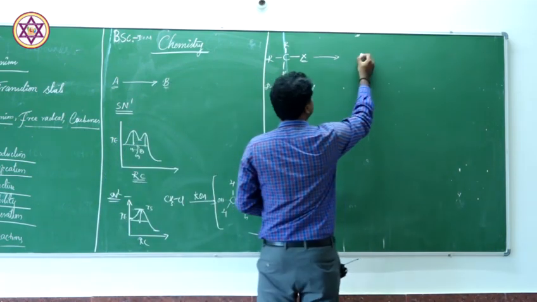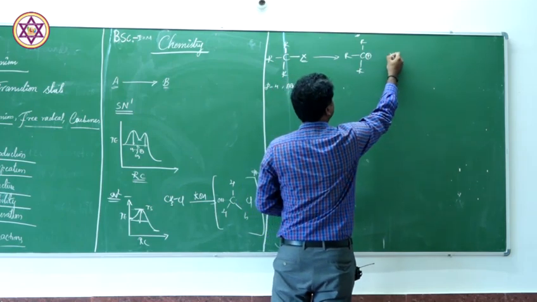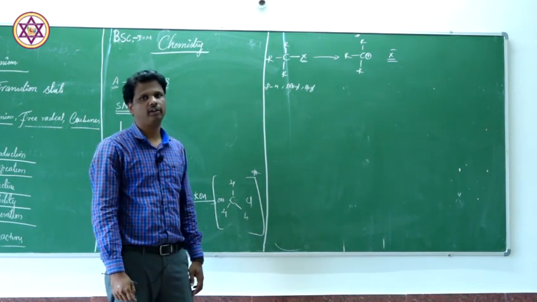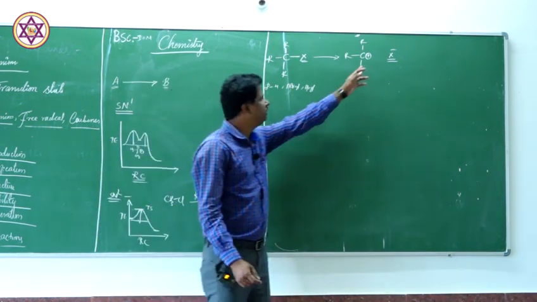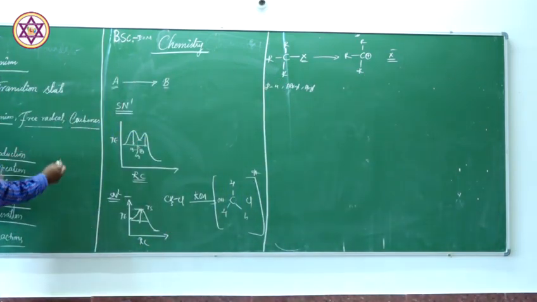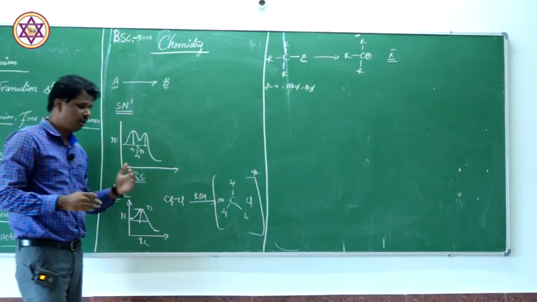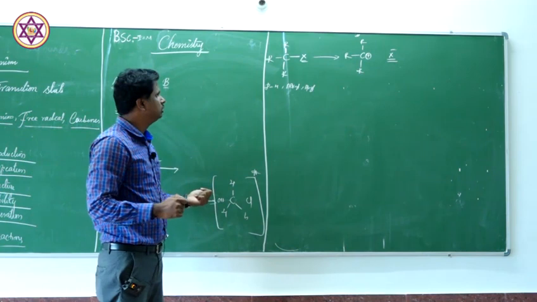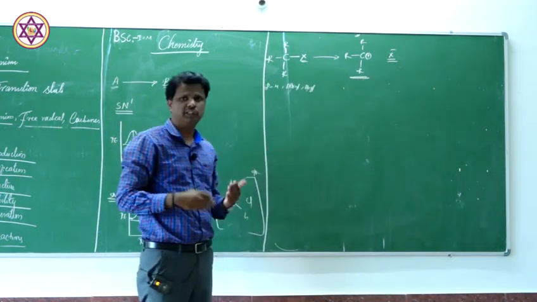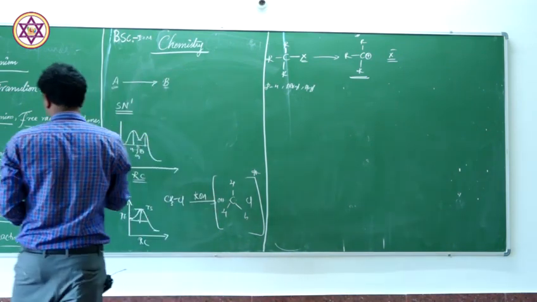I'll write here C, R plus and X minus. Now this is called a carbocation. How can we define it? Carbon which bears a positive charge. The word itself tells you: if you simply split it, carbocation, carbo represents carbon and cation represents the positive charge on the carbon atom. So in the simplest way, a carbocation is a positively charged carbon, or carbon bearing a positive charge. That means the introduction is enough.